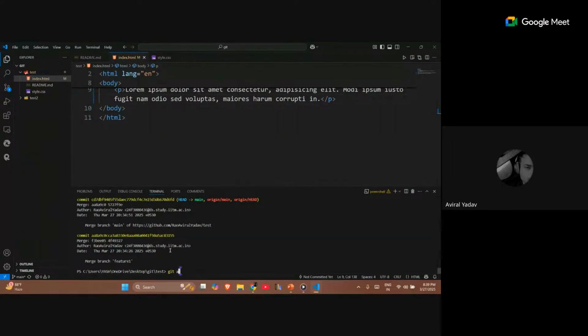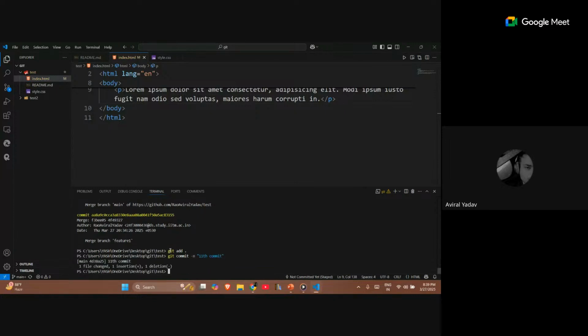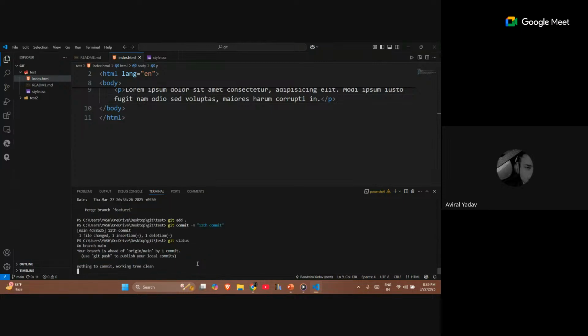Git add, and let's commit it. Git commit, and let's say 11th commit. And you can check the git status also. Nothing to commit, working tree is clean, and then we go to git log.